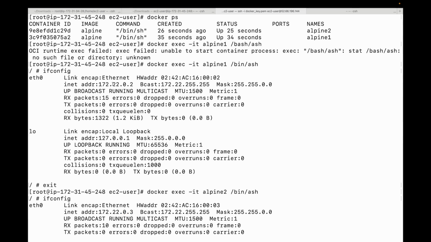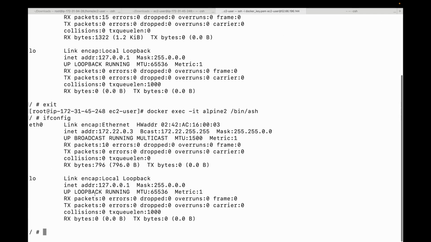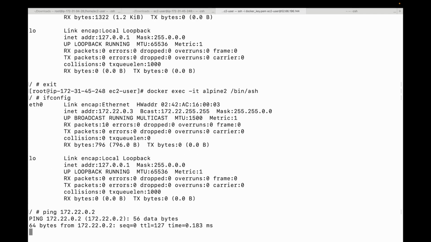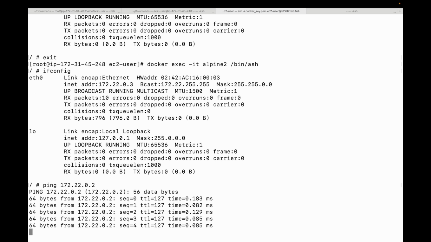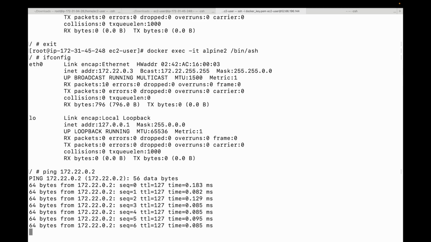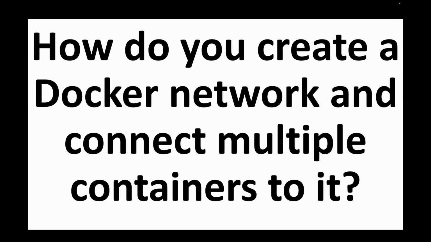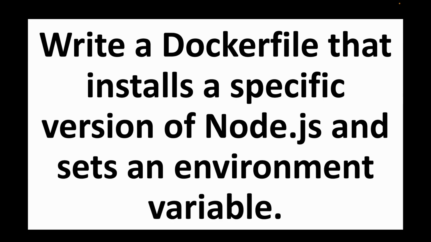Now let's try doing a ping from the second container. We'll do a ping, and if you're getting the response, that means the containers are able to talk to each other. All right. The next question we have is, write a Dockerfile that installs a specific version of